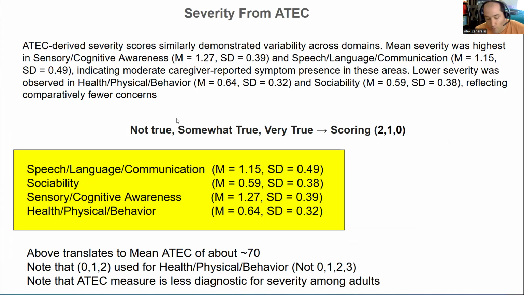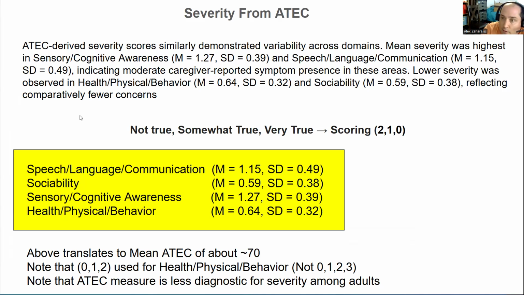So now here's more of the statistical analysis, going back to the same components but looking at it from a different lens. If we look at the severity simply from the ATEC metrics, we're able to reconstruct those scores because we kept the scoring the way it was, but just added additional questions. This is how the scoring would basically align,